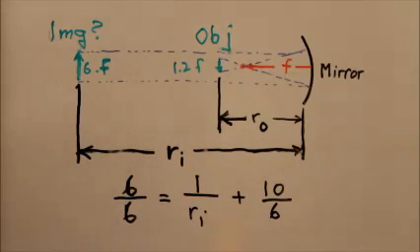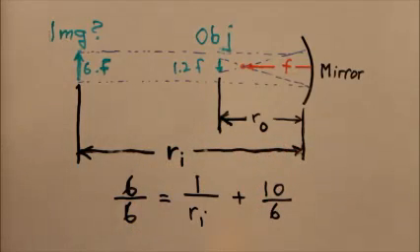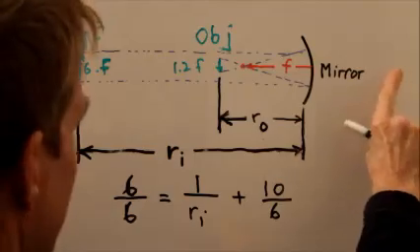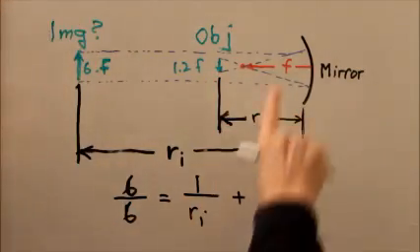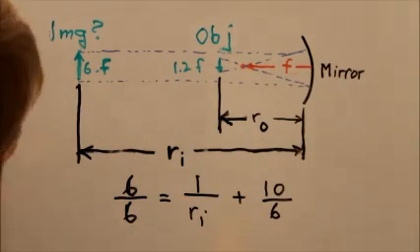That means the distance to the image is negative. But when we have a distance to the image that's negative, we might think, what does that mean? Does it mean it's on the other side of the mirror? Well, it can't be. The mirror is opaque. It reflects the light. Whenever we get an answer that's less than 0 for any of these distances or displacements, is what they actually are,